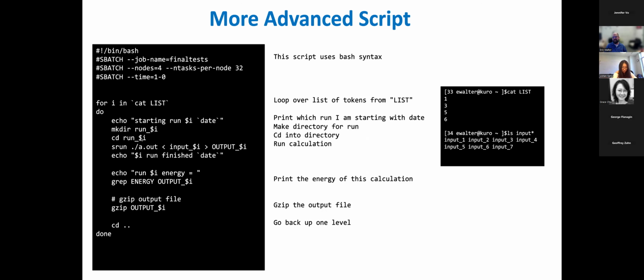I can then cd into that $, that run_$i. I can then run the calculation with the input and output files keyed off of the contents of this list file, and echo that this run is finished with the date. I can then do other things, like a little bit of analysis to have in my output